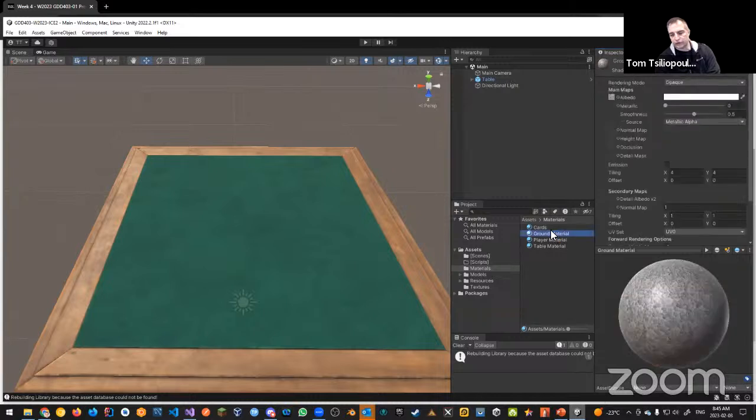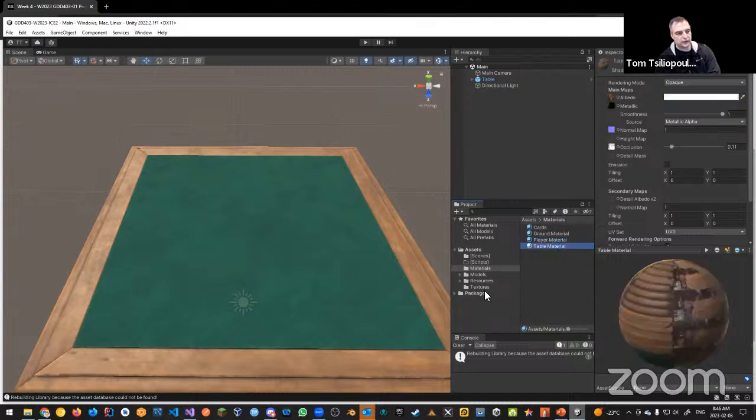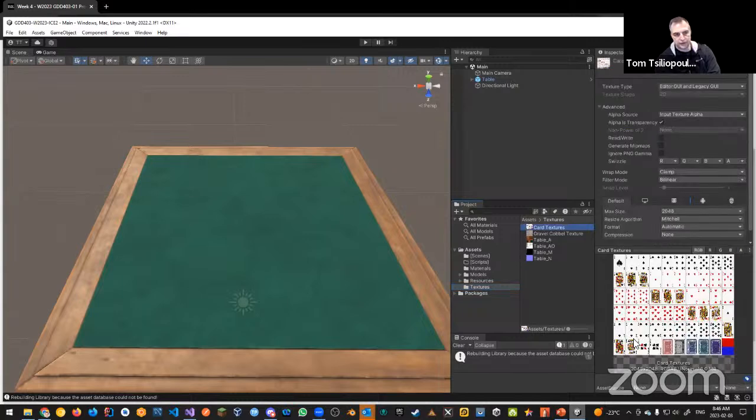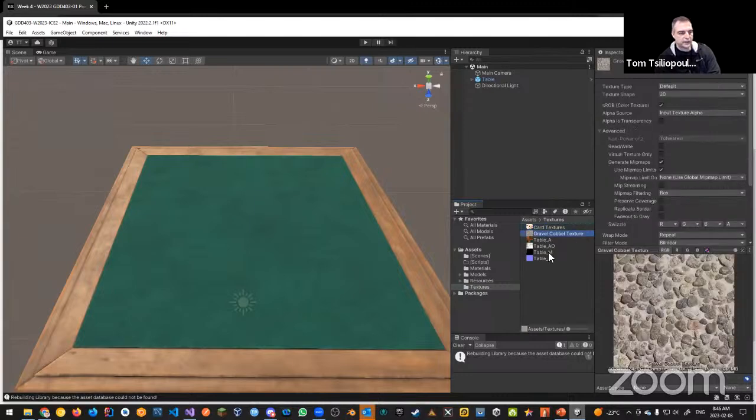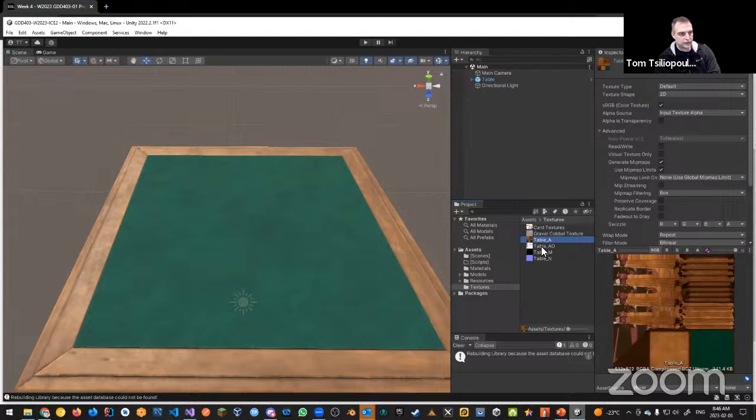We still have the ground material from last week because that was what we did. We may use it again, probably not, but I've left it in there. We also have the player material, which is just green, not really required. I do have the table material, which is the material that's going to be used for this table. Other things that are in the project as a starter, you're going to see card textures. So all the textures for the cards in basically a spreadsheet is what this is. The gravel cobble texture from last week, table textures,